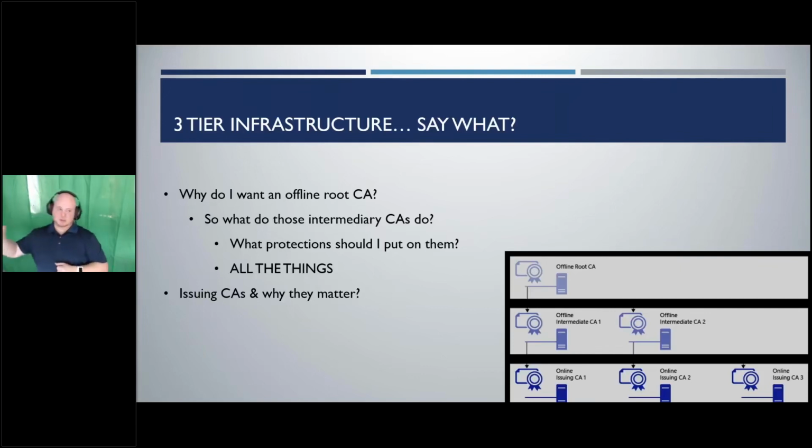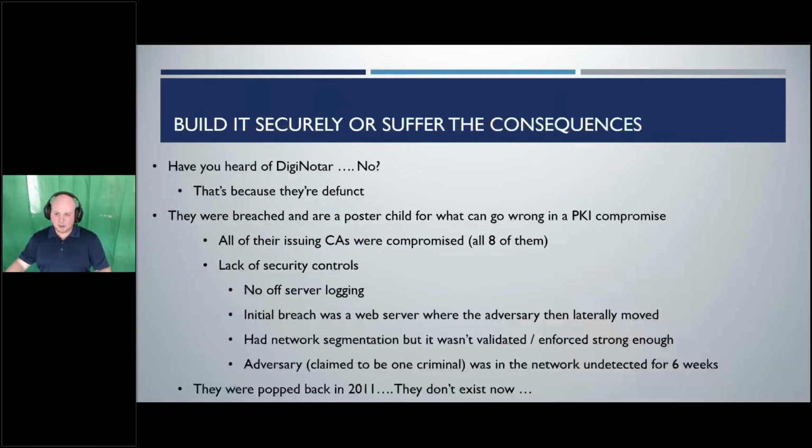And the reason that we keep them offline, like I said, is because it's a little bit difficult to attack something that you can't log into. And then your issuing CAs down here, like I said, are doing all the real work. Now,